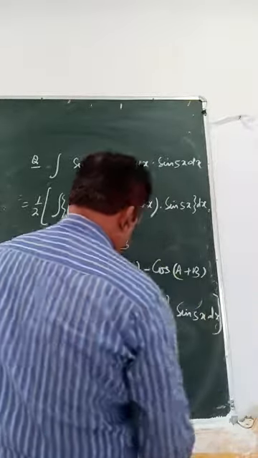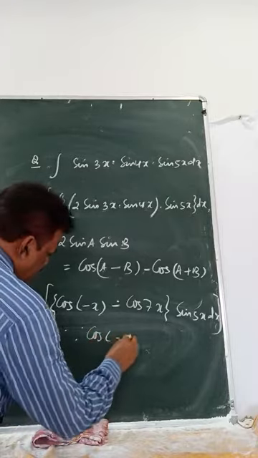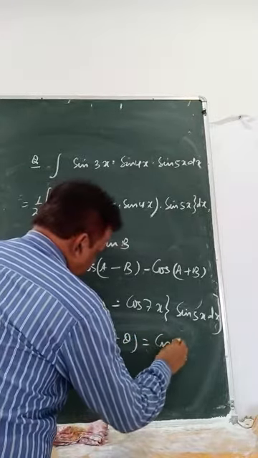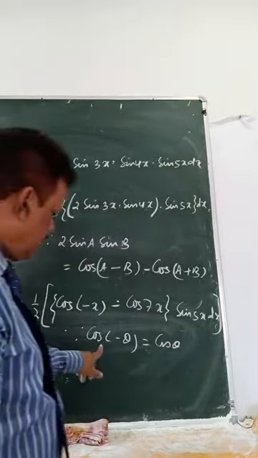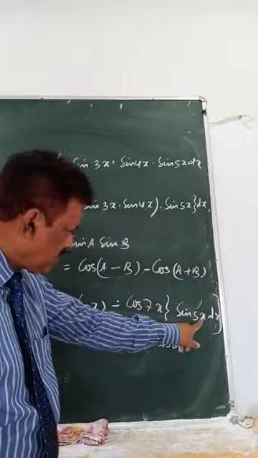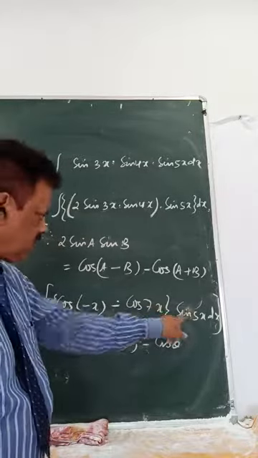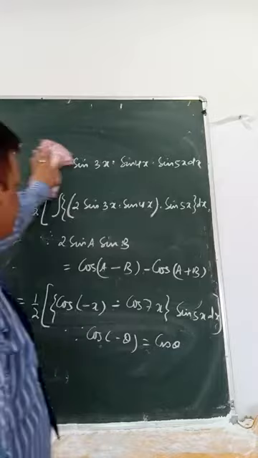Now what is cos of minus theta? Cos of minus theta is cos theta. So this will be cos x. Now you multiply this into this minus this into this. So you will get